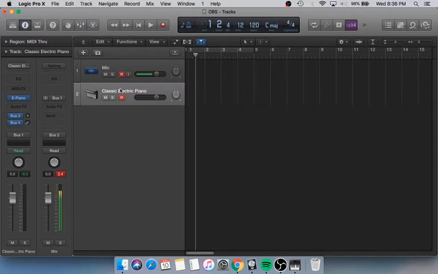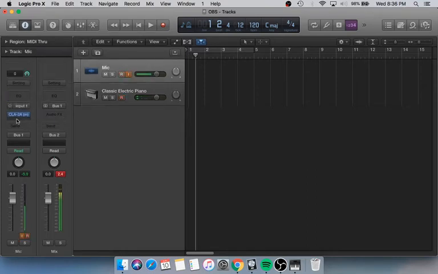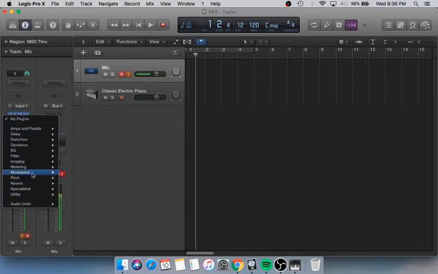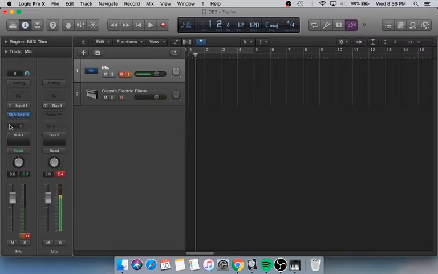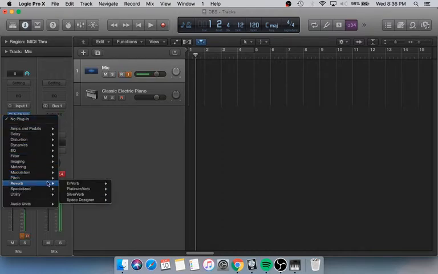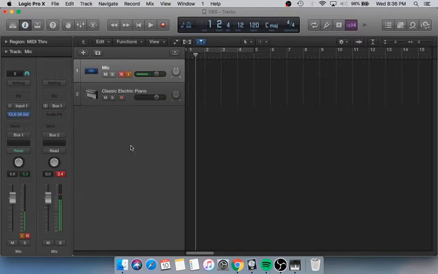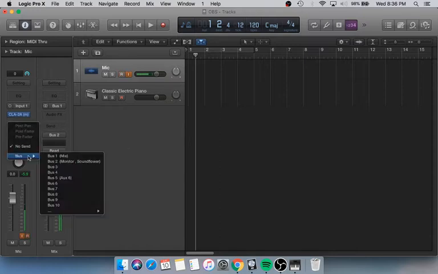Now as we see, we only have 2 channels, and I showed you how we've done the routing to send it to output 5 and 6, which is being used by the Soundflower. That's the virtual audio that we're using. And in case I want to add some reverb to my mic, the simple way is just to add the reverb. It's going to give reverb on the entire signal, but I prefer using it through the sends.